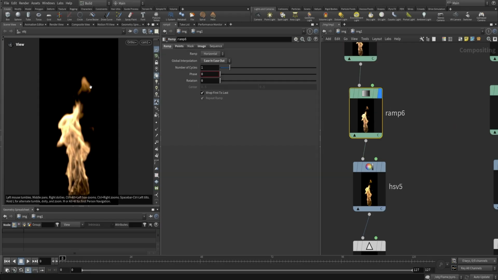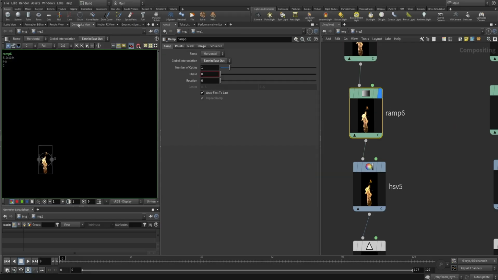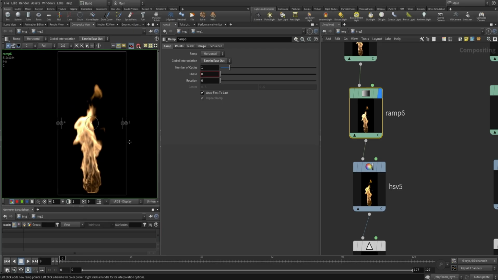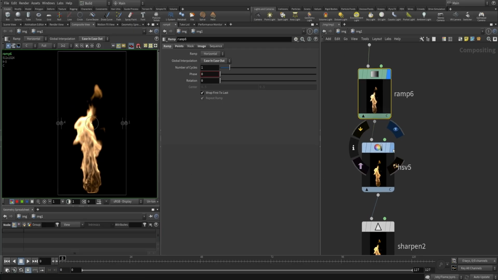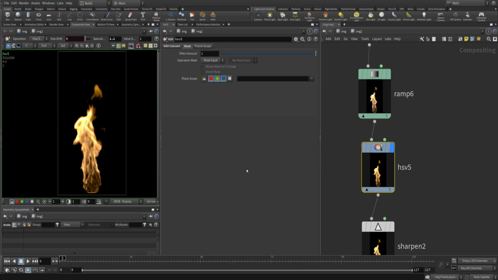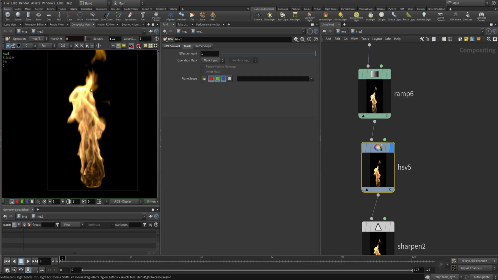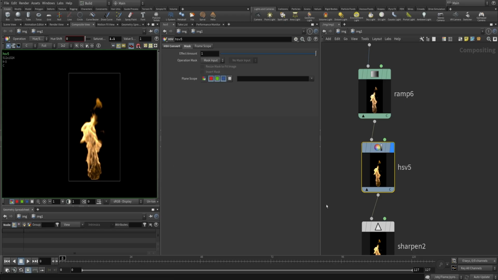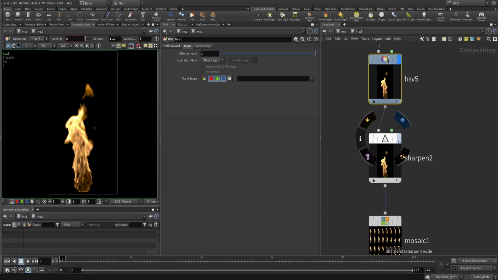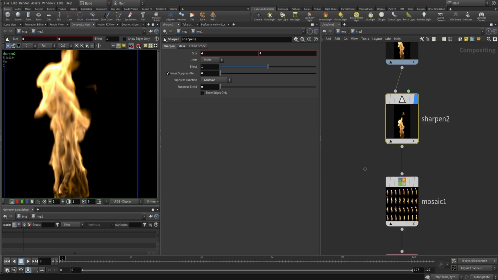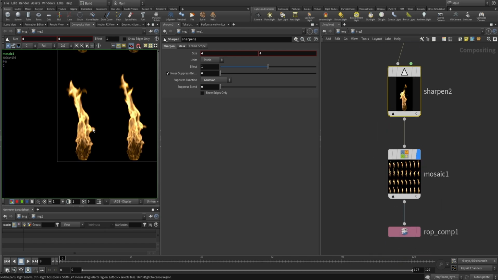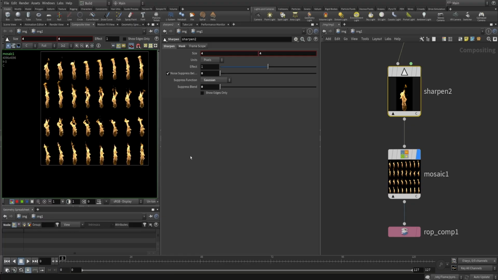Then I drop down a ramp to fade out the left and right edges, as you can see in the composite view, just to avoid visible edges or bleeding towards other frames. Then I increase the saturation just a tiny little bit to lean more towards a desirable result similar to the looks of our Embergen setup. Then I sharpened it a little bit, and then finally I mosaiced it into a sprite sheet for our red